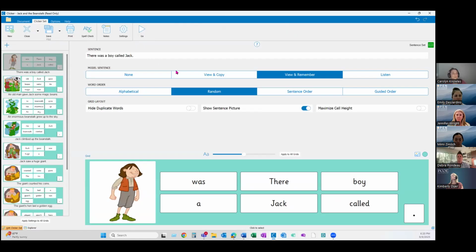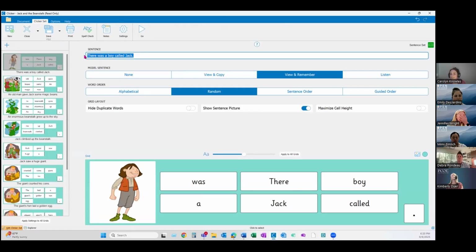And so from here, we have a slew of options. I'm going to walk you through it. At the top, we have the actual sentence content. So if you want to shorten a sentence or change specific wording, if we didn't want called, maybe we want named or something like that. Whatever changes you make at the top, you'll see appear in the grid in real time, which is kind of nice for easy editing.